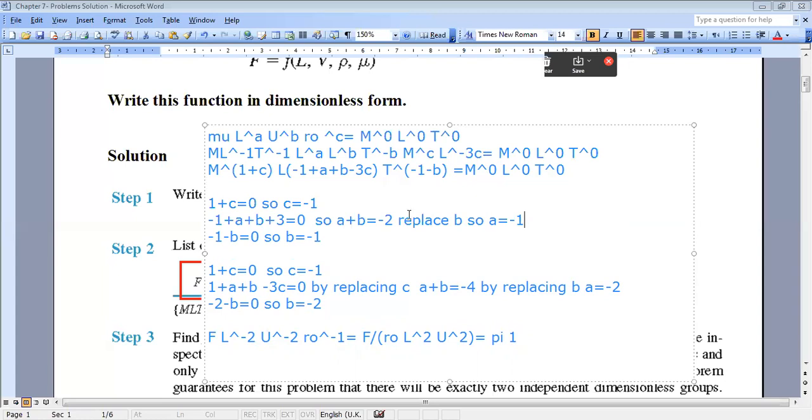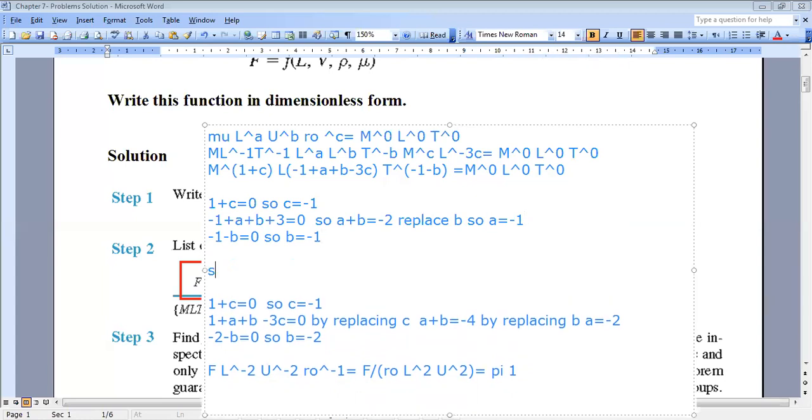Okay, so what will be my group now? My group is mu times L to the power minus 1, times U to the power minus 1, times rho to the power minus 1. Or I can write it